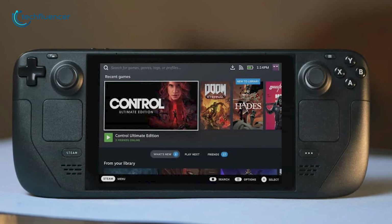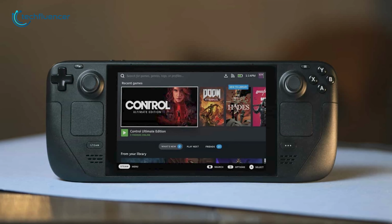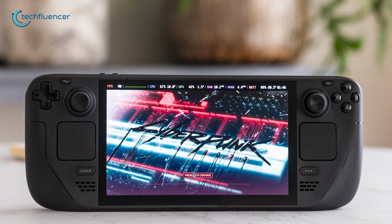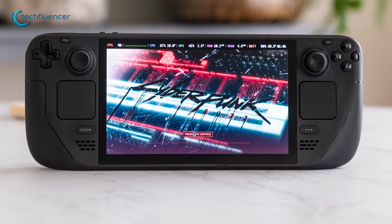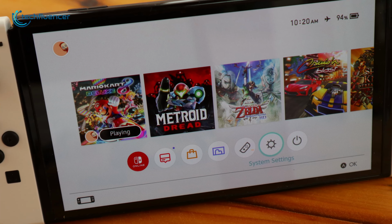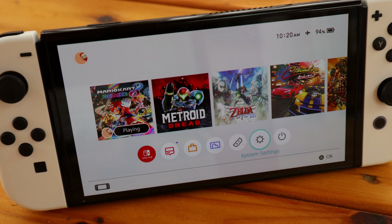Looking at extra features, the Steam Deck stands out for its versatility. It doubles as a full handheld PC for browsing the web, watching videos, using creative apps, and more. The Nintendo Switch OLED also offers great versatility through the Joy-Cons,